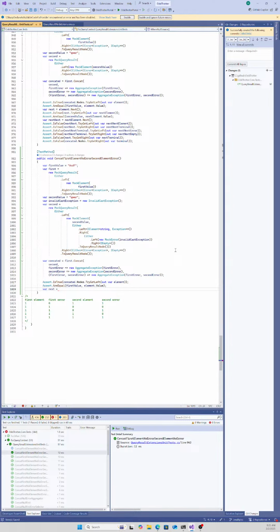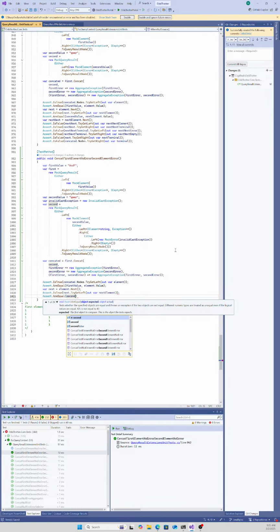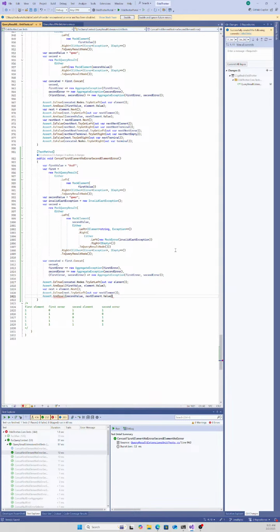Now we need the next is next. Now next will also have a value, so it's going to have a left. This will be the second value. Okay, and then